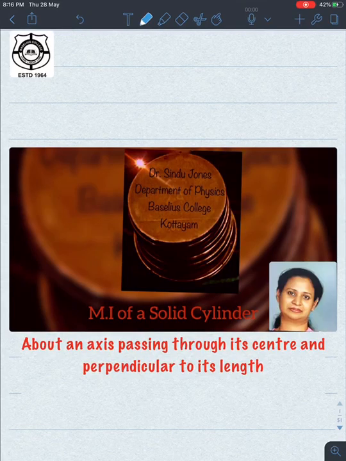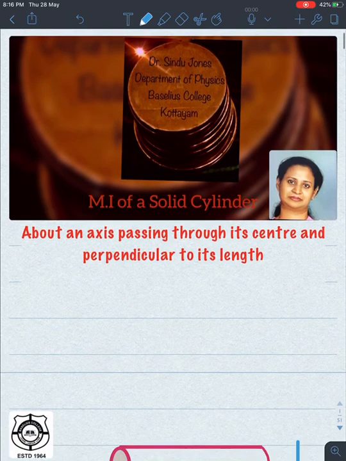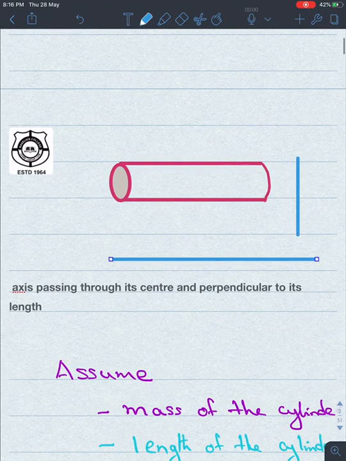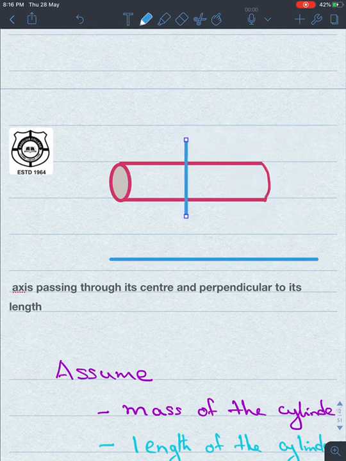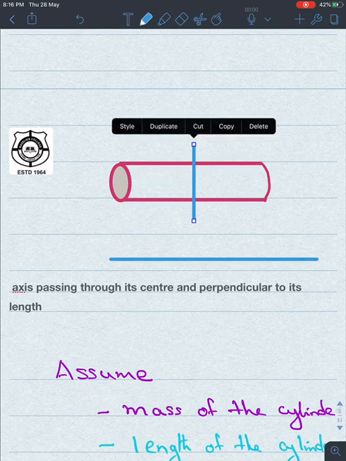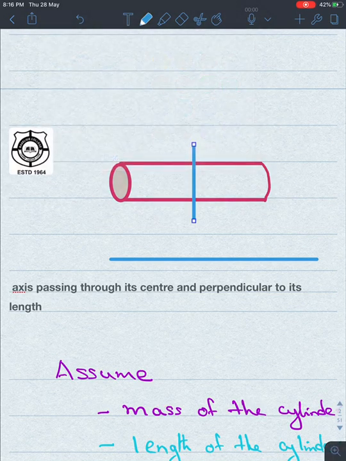Hello all, today we shall learn how to find the moment of inertia of a solid cylinder about an axis passing through its center and perpendicular to its length. Consider a solid cylinder, and we have to find out the moment of inertia about its center. Let us say we put it as AB